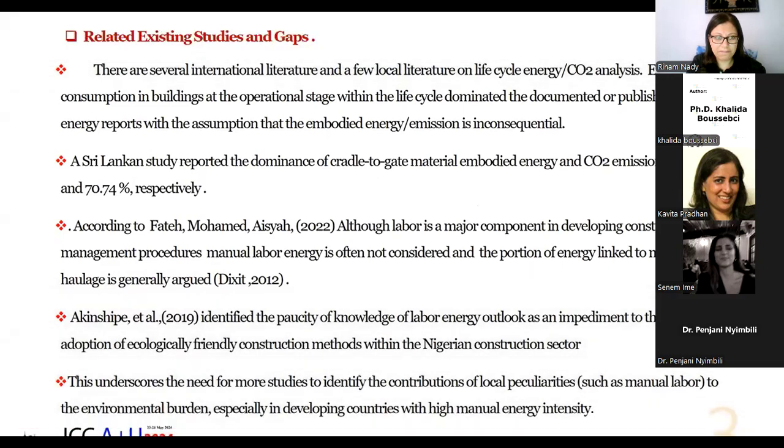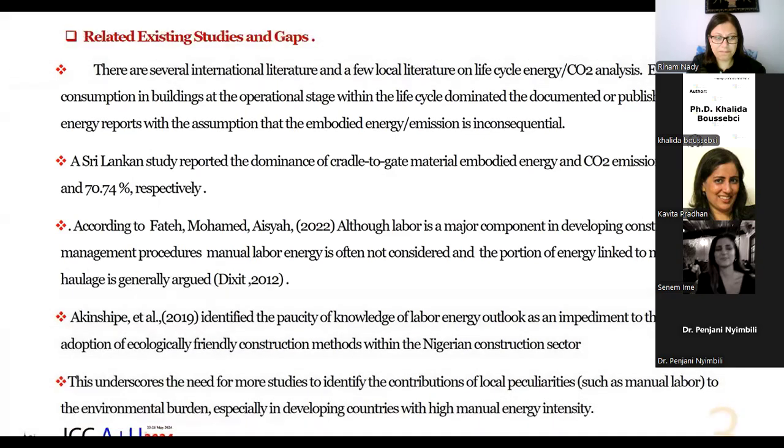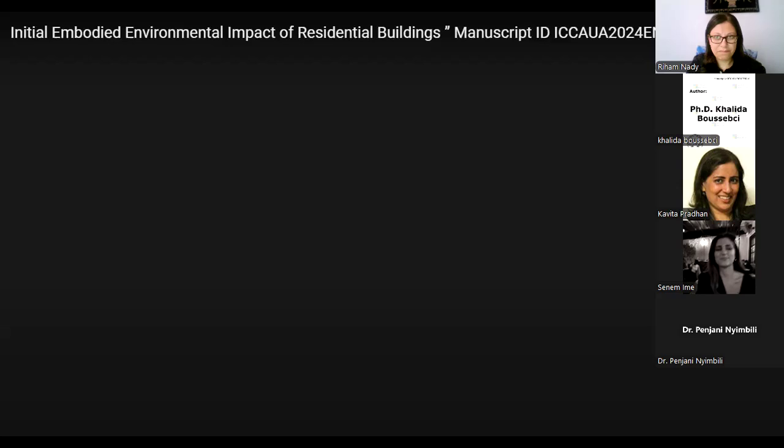Atishbe et al. 2019 also reported that there is a paucity of knowledge of labor energy outlook as an impediment to the effective adoption of ecologically friendly construction methods within the Nigerian construction industry. This underscores the need for more studies to identify the contributions of local peculiarities, such as manual labor, to the environmental burden, especially in developing countries with high manual energy